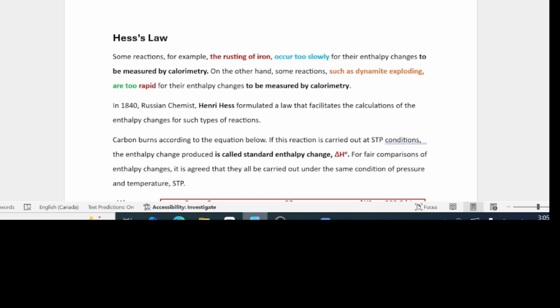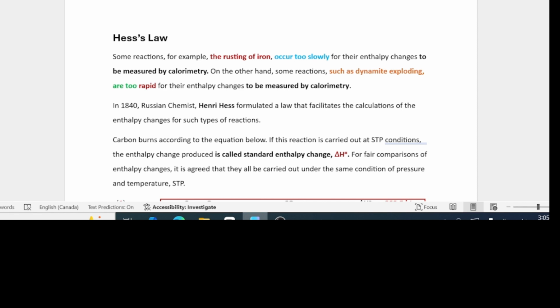We shall introduce Hess's law. Some reactions, for example the rusting of iron, occur too slowly for the enthalpy changes to be measured by calorimetry. On the other hand, some reactions, such as dynamite exploding, are too rapid for their enthalpy changes to be measured by calorimetry. In 1840, Russian chemist Henry Hess formulated a law that facilitates the calculation of the enthalpy changes for